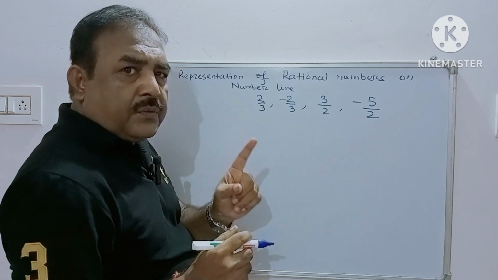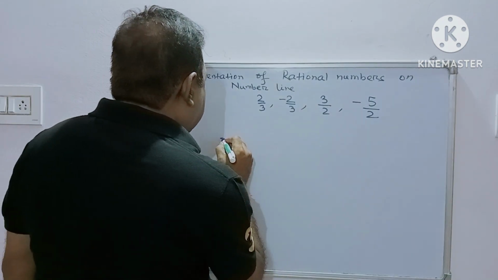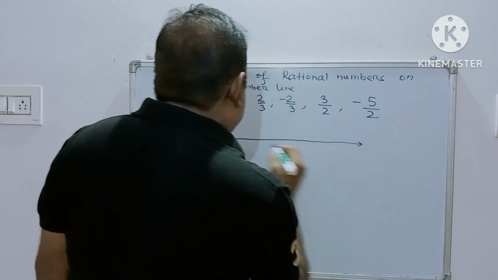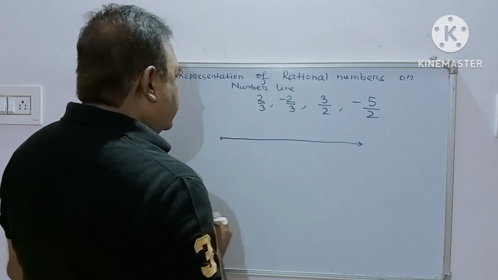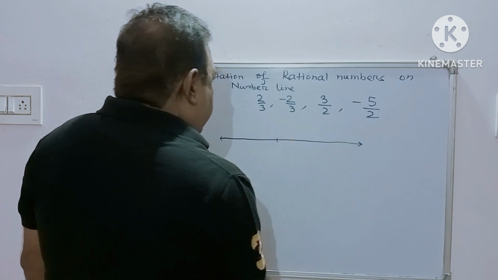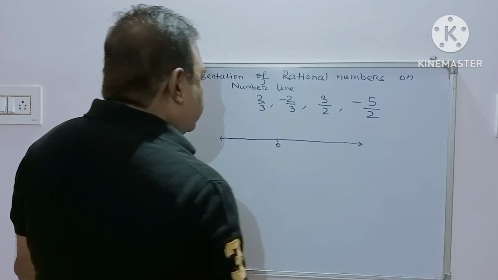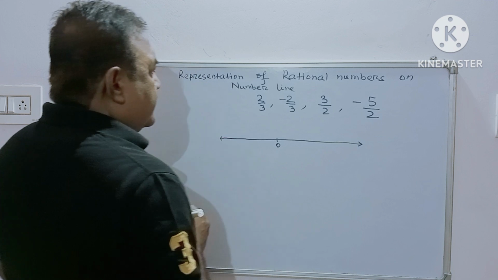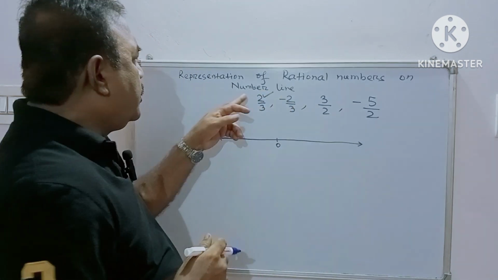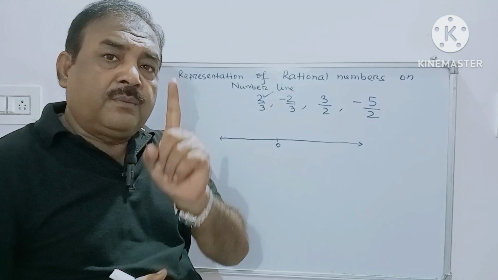So use the ruler first, and using the ruler you will represent a line first. Give a mark on it. Label it as 0. Then suppose we will have to represent 2 upon 3. So first you will have to mark